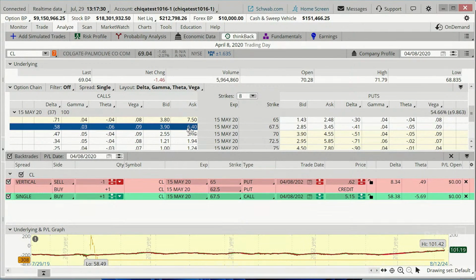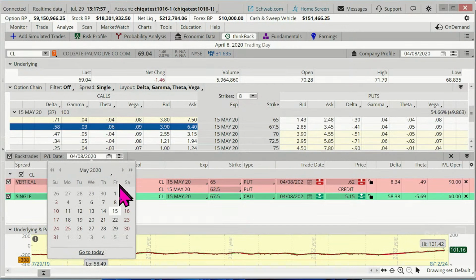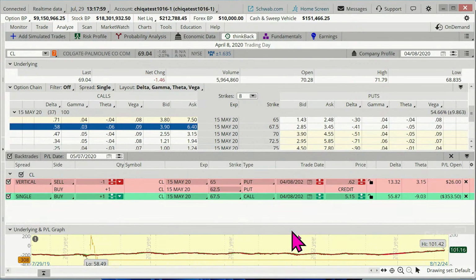Now, the tricky thing here is you have to be careful. At the time, I probably would not actually do this trade, just given the wide, big bid-ask spreads there. But I'm going to go with it for now. So let's do this again. Let me go to 5.7. And we can say, hey, look, this gives us some insight into